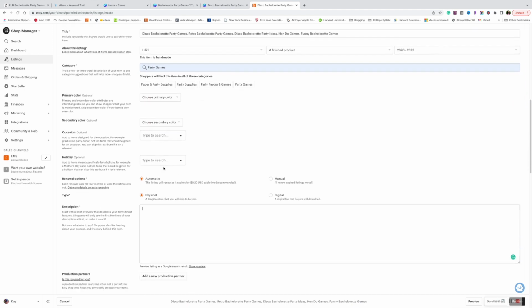For your description, you want to write 2 or 3 natural sounding sentences, and you want to include the keyword that you want to rank for in those sentences, like naturally. Don't just copy and paste your title in. You actually want to write a sentence. So let's write,